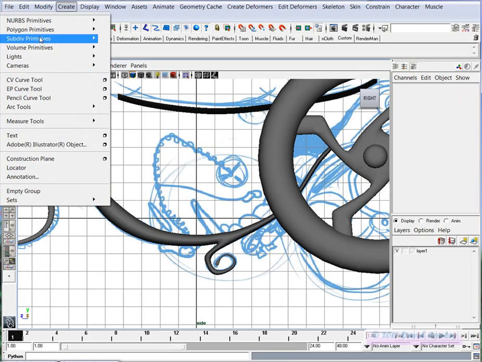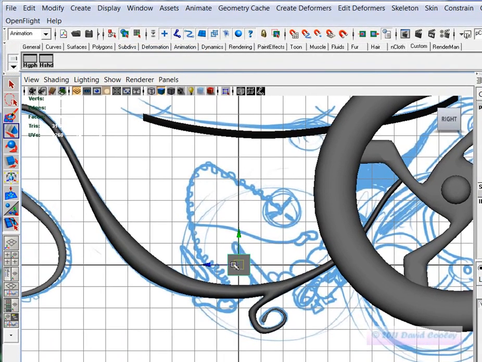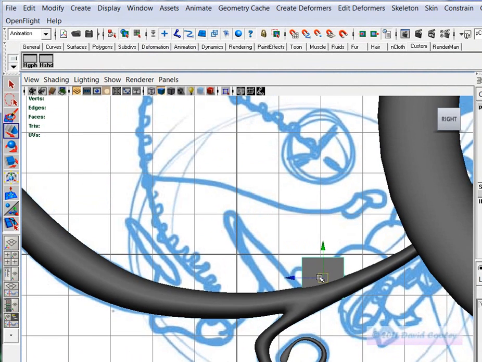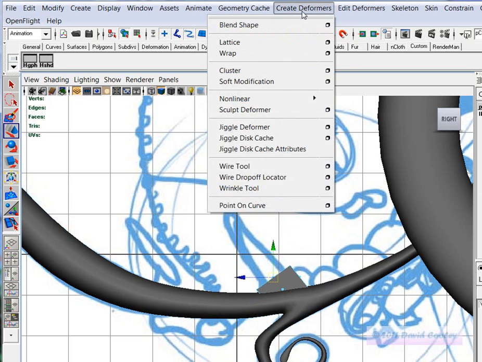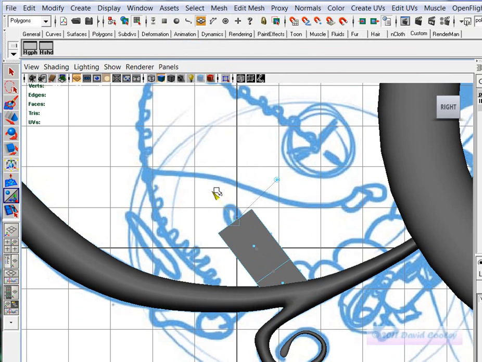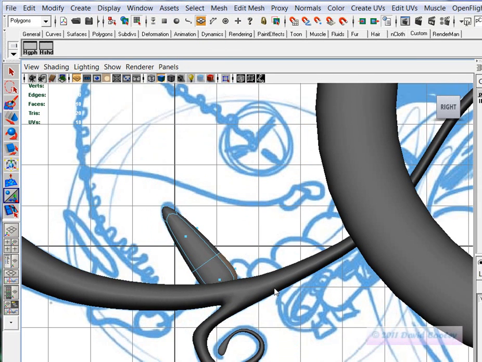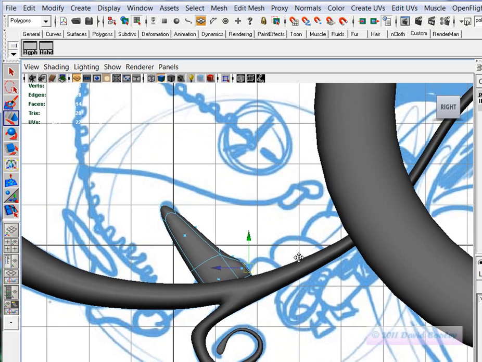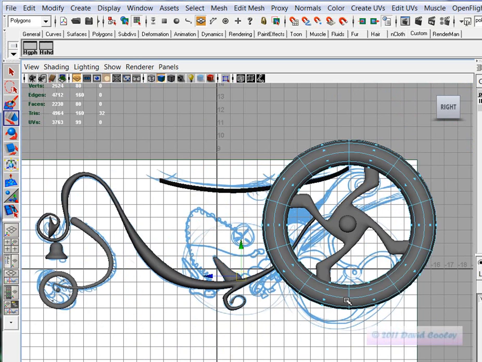Go create polygon cube. I'm going to bring this down here. So this will represent the chair, and in this case the chair is sort of a ridiculous shaped creation. Polygon, extrude, go all the way up, shrink it down, hit 3 so you can see, extrude outward. Now what I want for this, and by the way, since